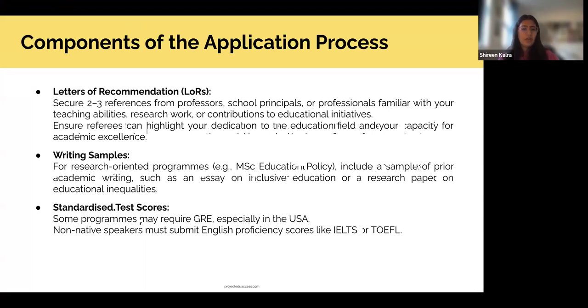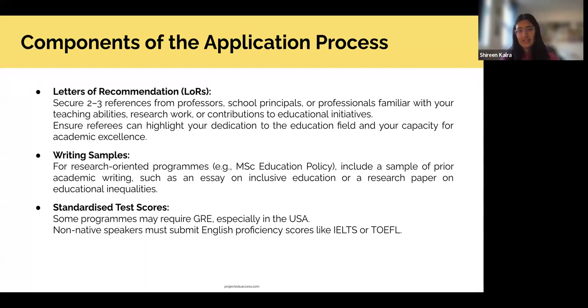Again, for non-native English speakers, there are the English proficiency scores that you need to submit with your application. I do know these days it's become relatively easier to get a waiver on the English language requirement. If you have an undergraduate degree from an institution that has English as its medium of instruction, you can apply for a waiver.